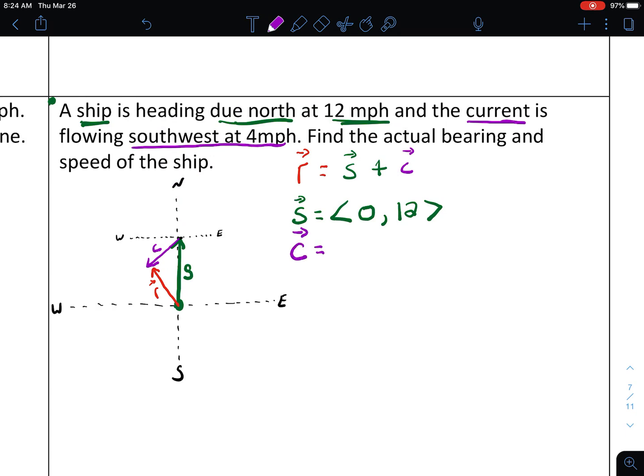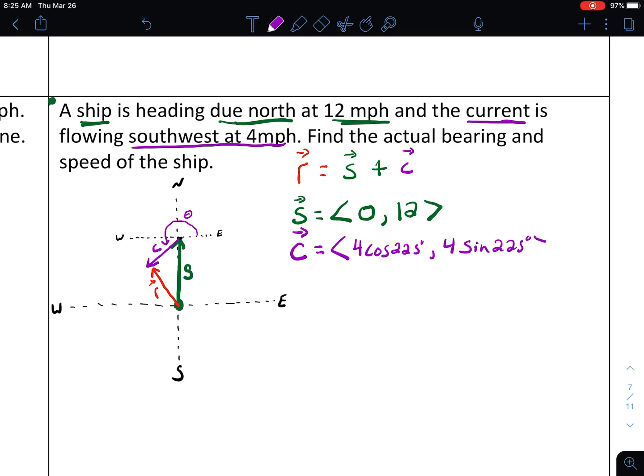Now my current here, it's going 4 miles per hour in the direction of southwest. Remember, when it comes to vectors, our direction angle is measured off the right-hand side of the x-axis. So I'd have to start from the east line and come all the way over, and that's going to be what theta is. Southwest is halfway in quadrant 3, so that's going to be 225 degrees. So our current is going to be its magnitude times cosine of the direction angle,